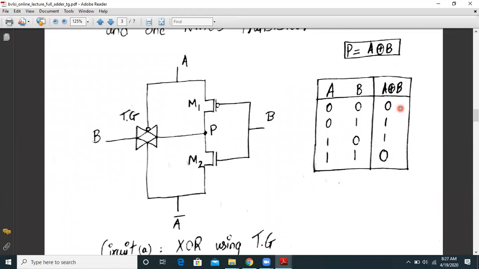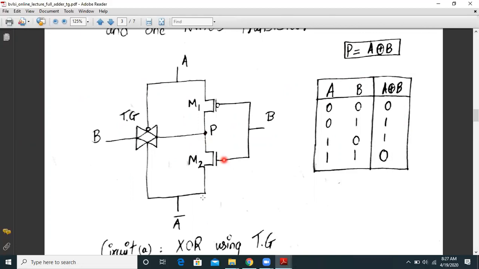And whenever either A or B is different, that is 0 or 1, then my output will be 1. So let us check whether this circuit works as an XOR gate using transmission gates. And we have considered this P as A XOR B. So this is the output over here.